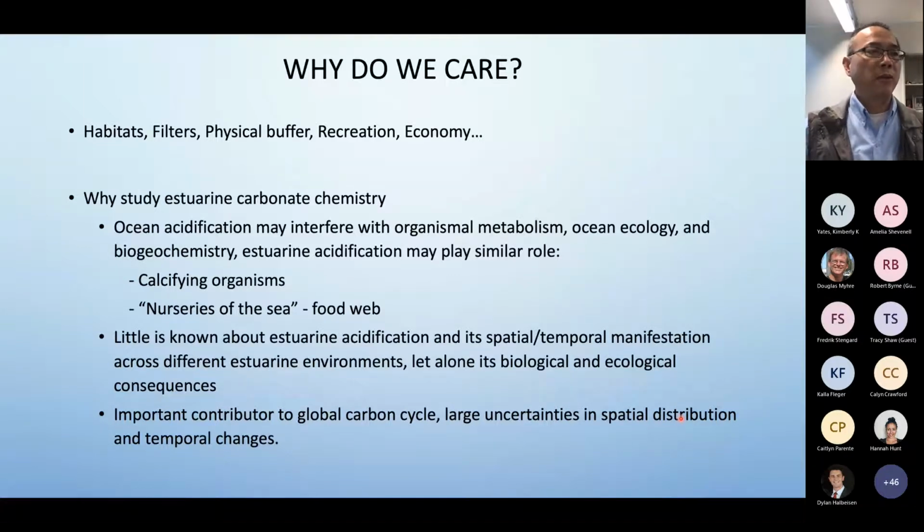Through studies, people recognize the importance of estuaries in terms of the global carbon cycle, because it is considered to be a carbon dioxide source from the water to the air. But then there is large uncertainty. And at the same time, people also don't know a whole lot about the temporal changes, given the changing climate, freshwater, and hydrological cycle, and what role these factors play in controlling the estuaries' role in the carbon cycle. There's still a lack of knowledge on that.